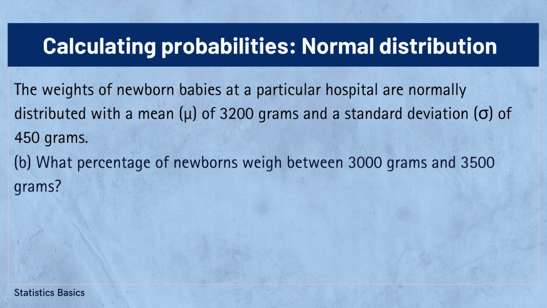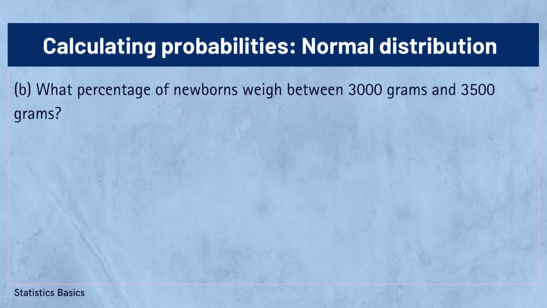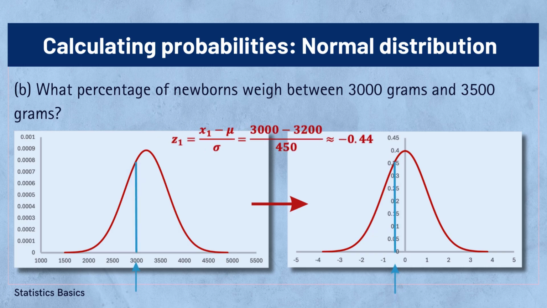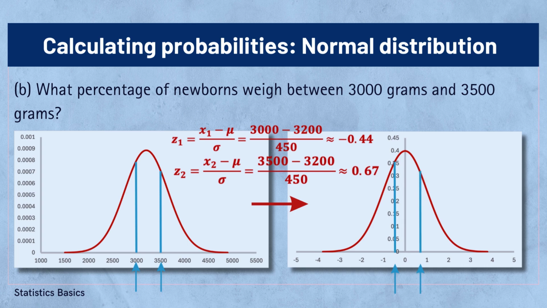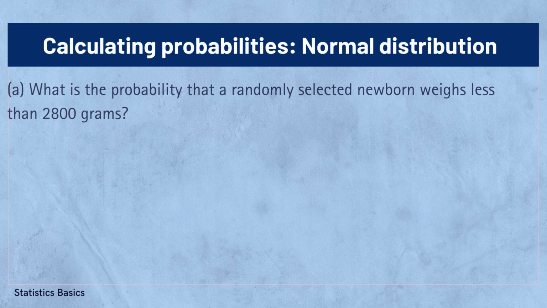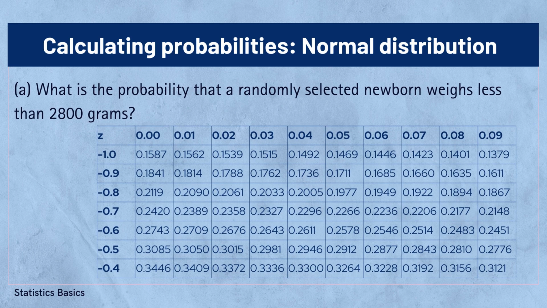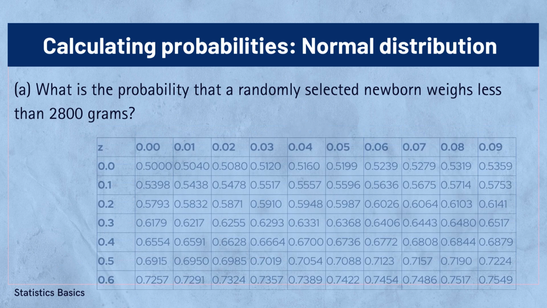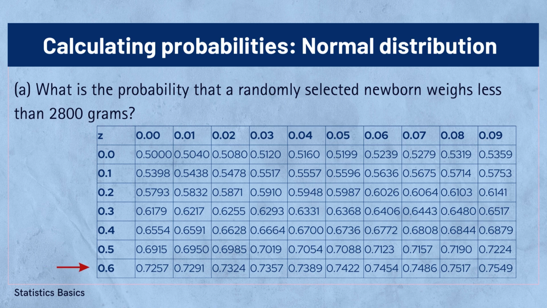Now, to calculate the probability that a randomly selected newborn weighs between 3,000 grams and 3,500 grams, we convert the normal distribution to a standard normal distribution by calculating the respective z-scores for each weight. The z-score for 3,000 grams is -0.44 and the z-score for 3,500 grams is 0.67. In the standard normal distribution table, the cumulative probability associated with the z-score of -0.44 is 0.33 and the cumulative probability associated with the z-score of 0.67 is